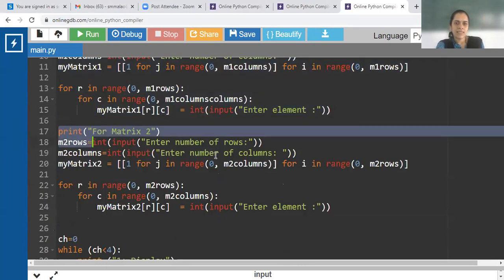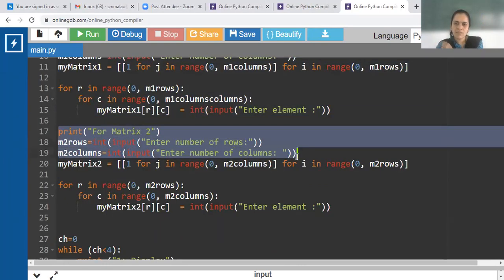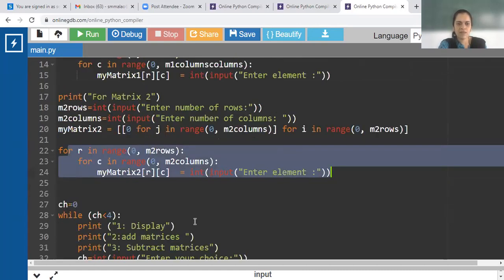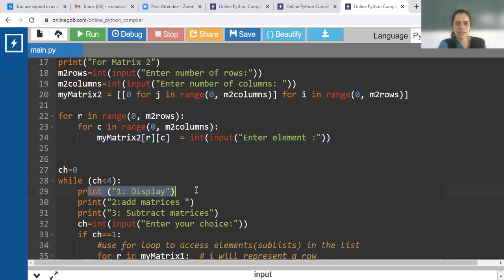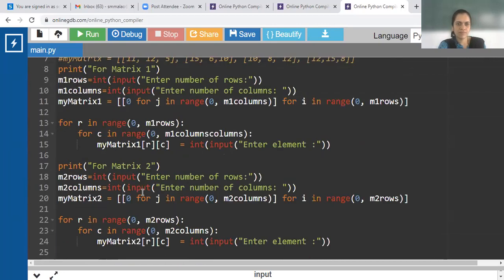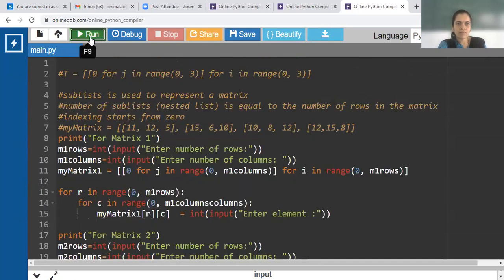Then for the second matrix, accepting its number of rows and columns, initializing it to 0, and then accepting its values from user, and then displaying both the matrices under the display menu. So I'll run the program. The program is executed.